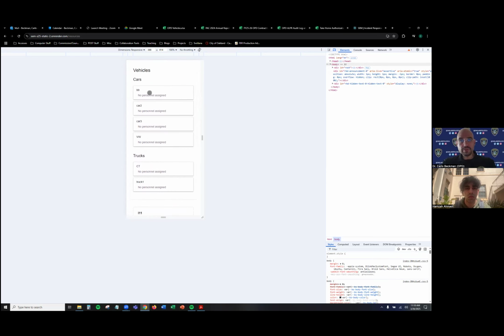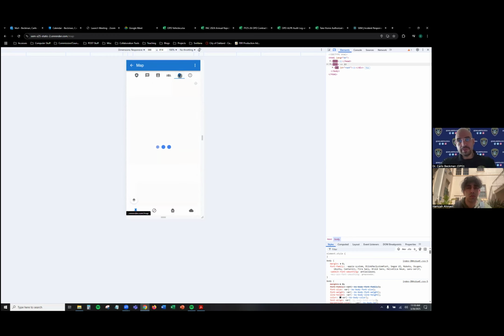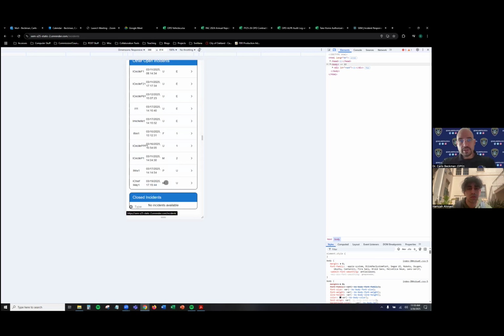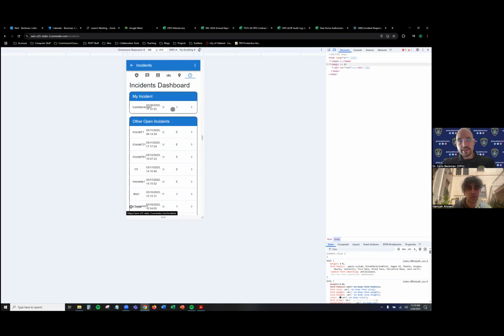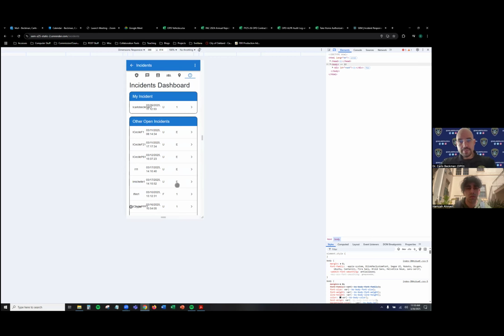You make things click, click here, one, two, three. So it's nice. The other thing that you could potentially do on the incident creation is add a, what was it, add a